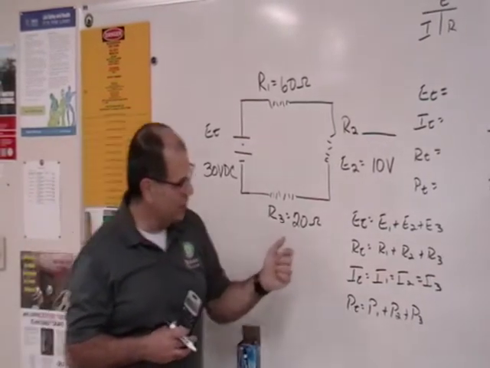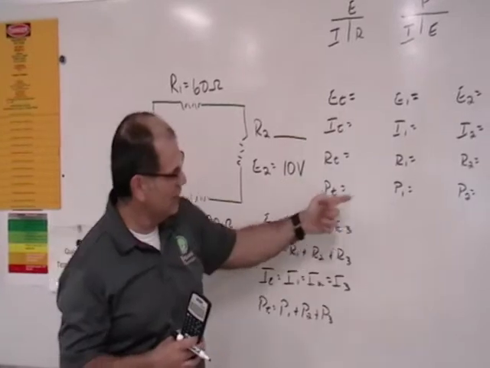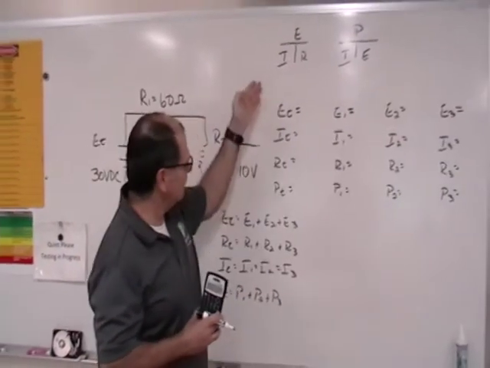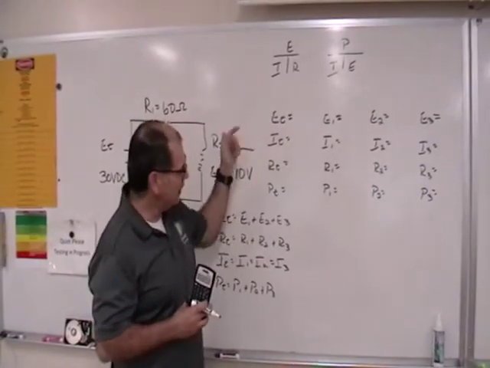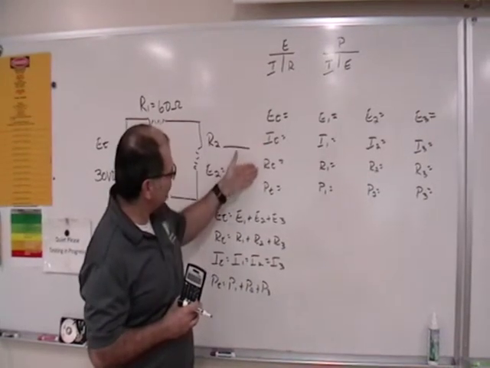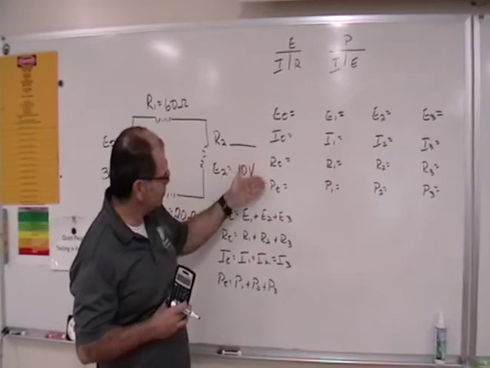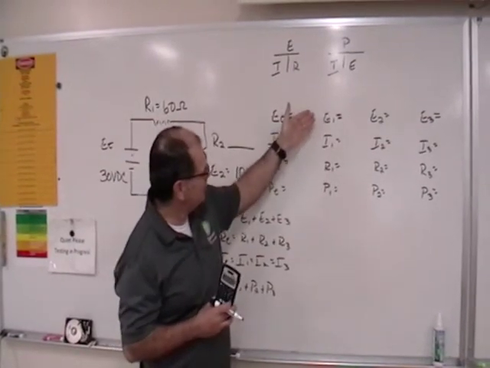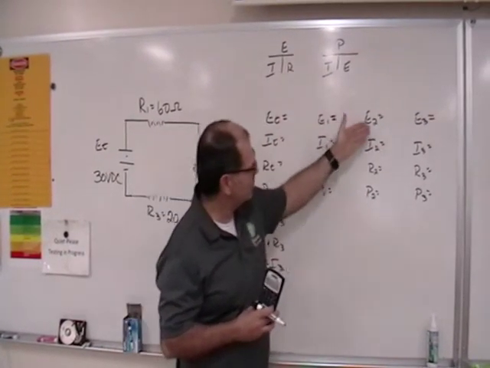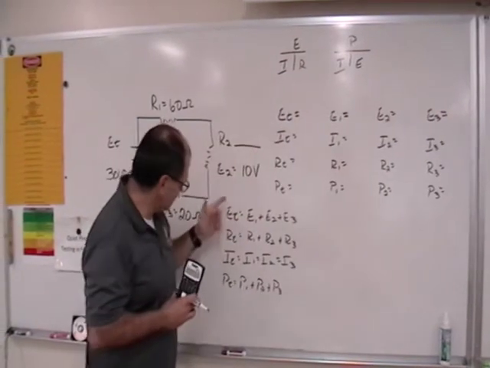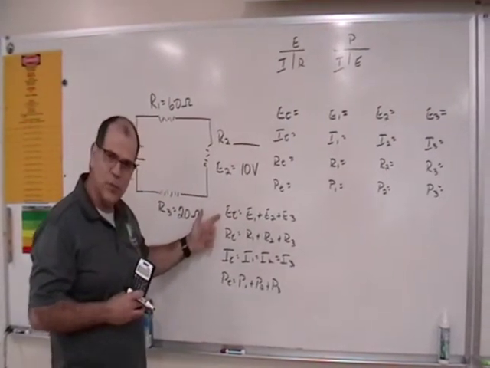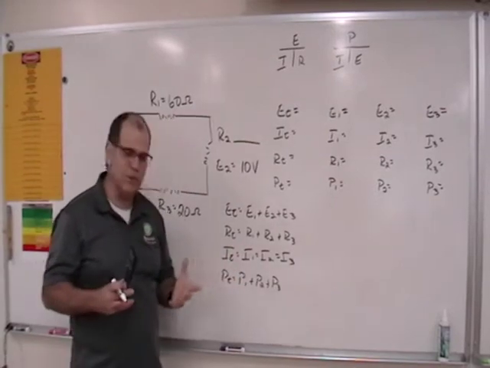So what I did here, I set everything up first, kind of like in rows and columns. Got all my total values here: total voltage, total current, total resistance, and total power. And I did the same thing for each one of the components. Okay? Now, what I did down here also, I went ahead and wrote down the rules that govern a